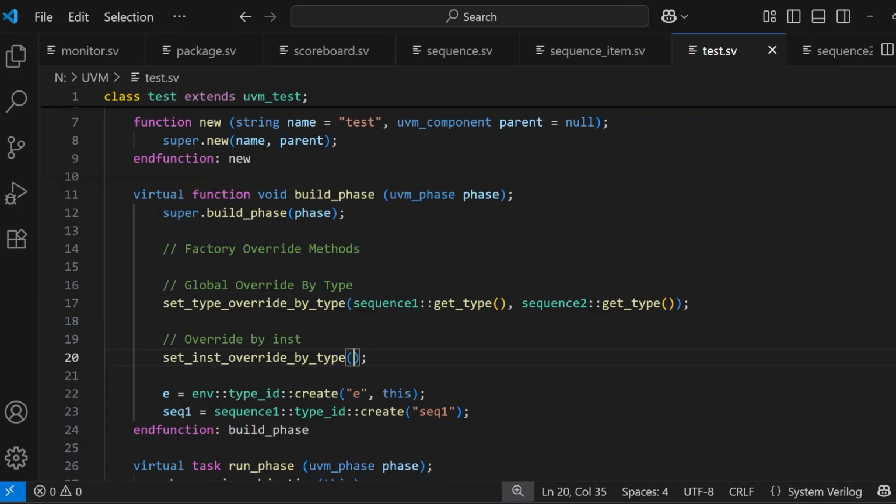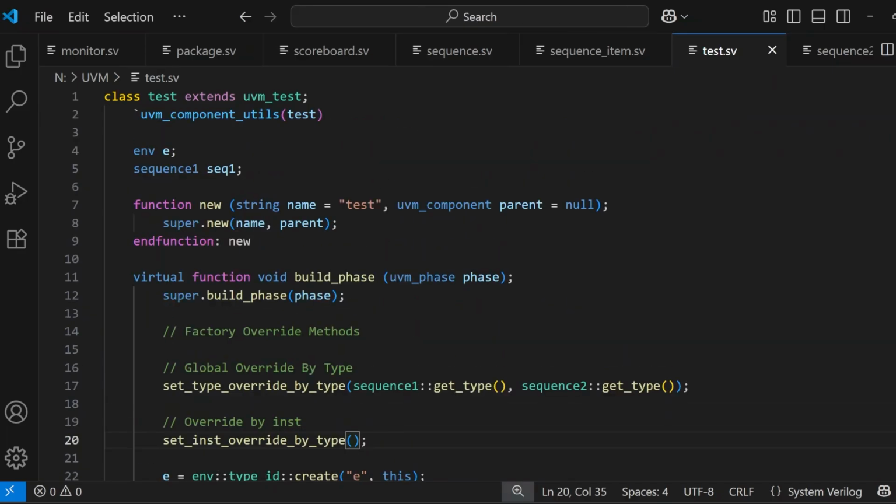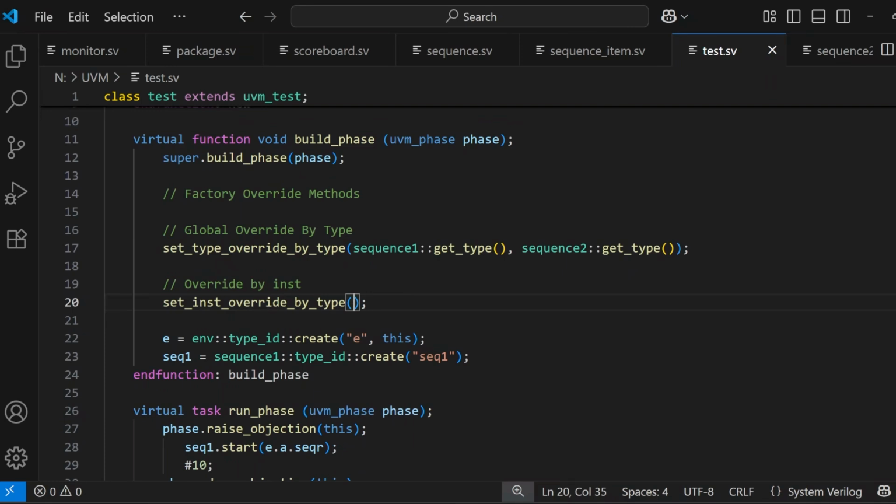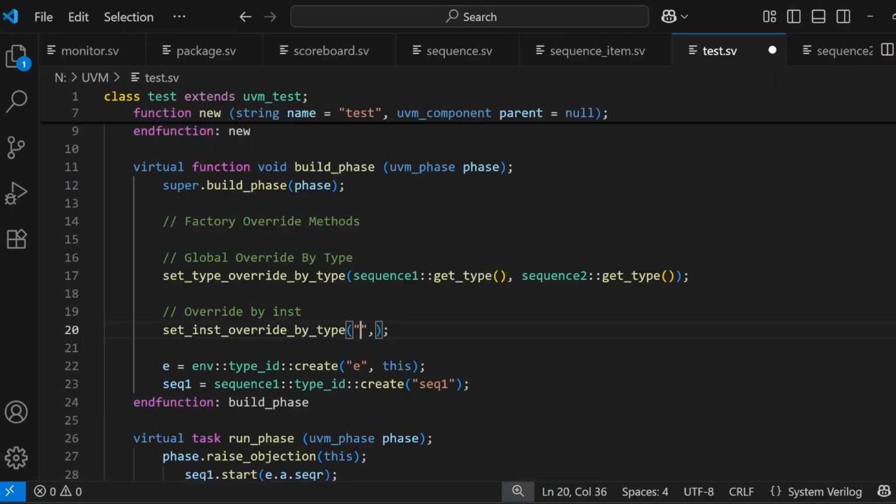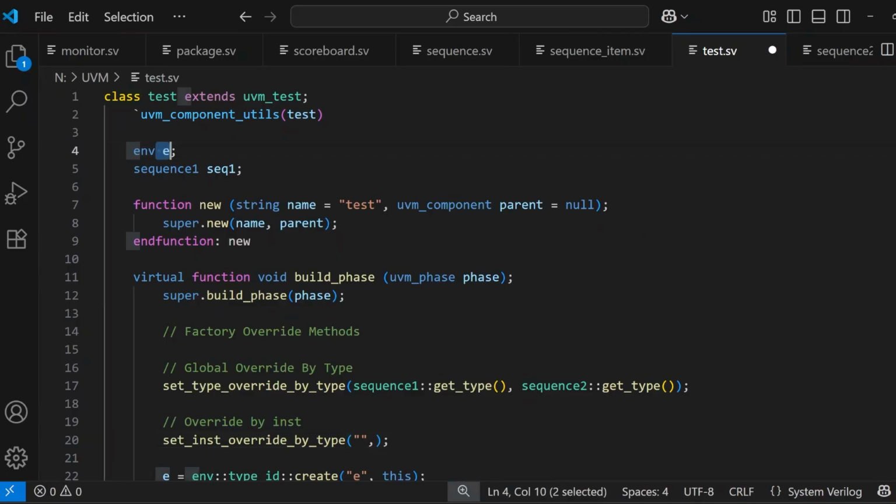Here we will have three arguments, and the very first argument is going to be the relative path where you want this overriding to take place. So we want the hierarchy under the agent class. So let's refer to the agent class. Our very first argument, the relative path, should be written as a string. So let's say the instance of the environment class is E,